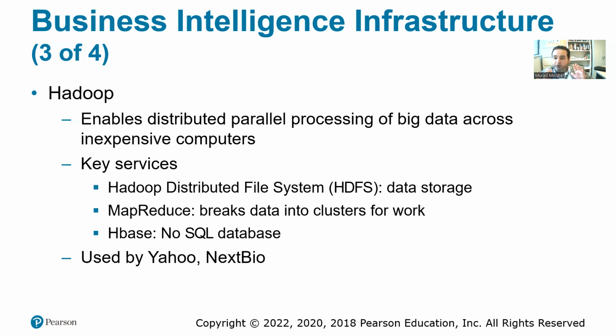So Google uses Hadoop, which actually uses parallel processing. It uses thousands of computers to process your search, to search for University of Texas Rio Grande Valley in multiple websites, and brings that output to you within milliseconds, because it employs multiple computers to do that process. That's what we call distributed parallel processing. So key services of Hadoop is the data storage, the MapReduce, which again, that's what breaks data